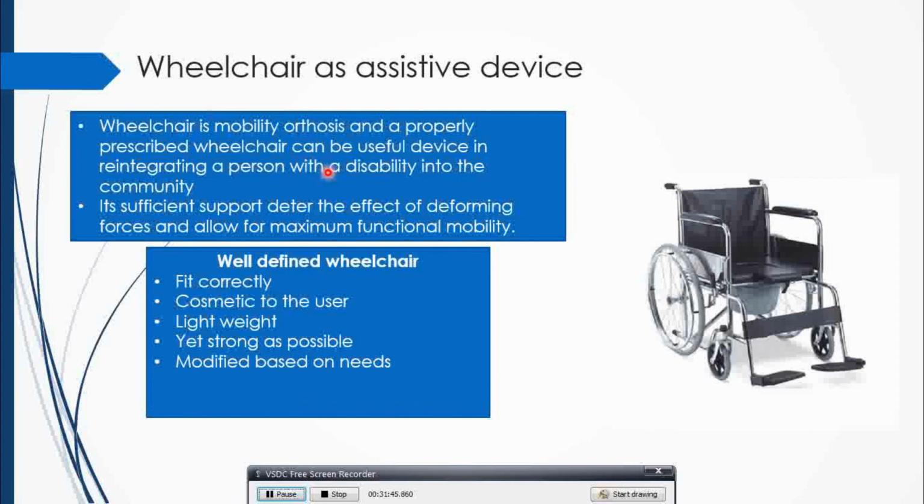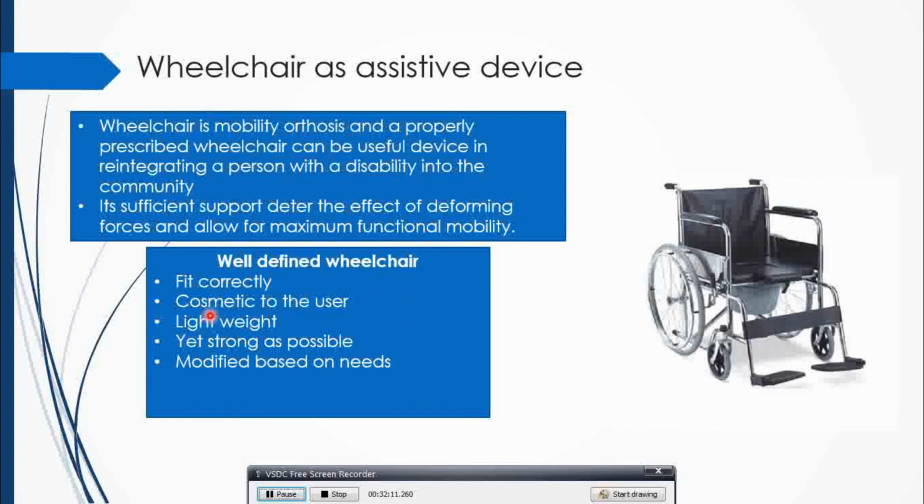Properly prescribed wheelchair can be useful device to reintegrate a person with a disability into the community. Jadi dia boleh terlibat balik dengan community. Dia pun boleh pergi surau, boleh pergi sana, boleh pergi beli barang, terlibat dengan community. Tak adalah duduk kat rumah tak boleh bergerak, sebab potential of having this wheelchair. Okay,